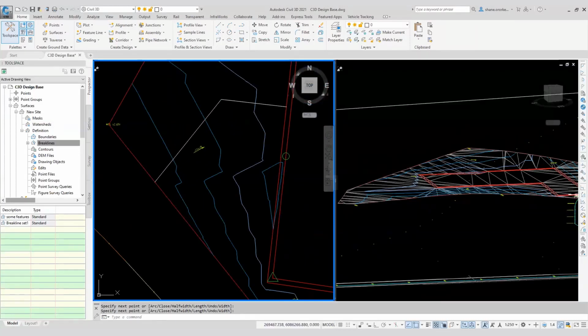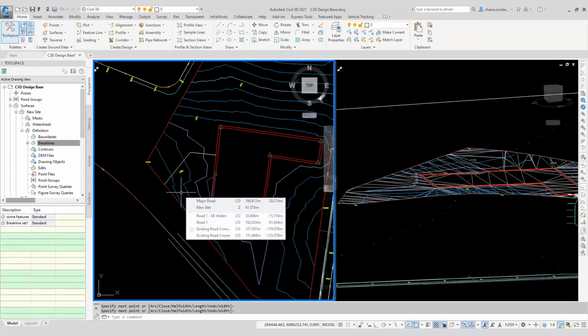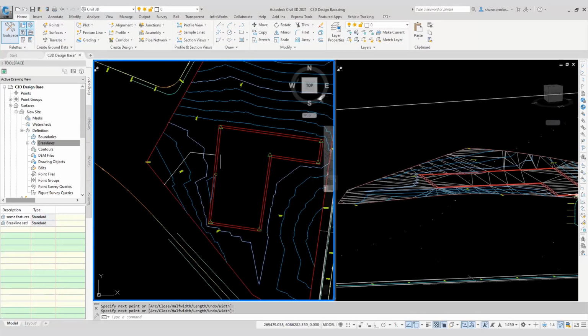Okay, hook it in like that. And I'm going to turn this into a feature line. So the first thing to appreciate is that this polyline touches the other two feature lines. That's quite important to know. But what I'm going to do is make this into a feature line,